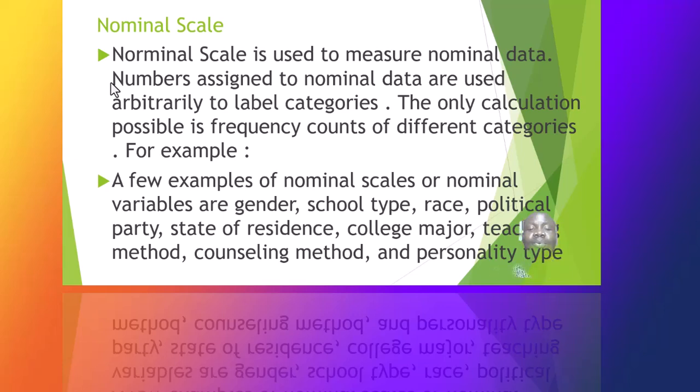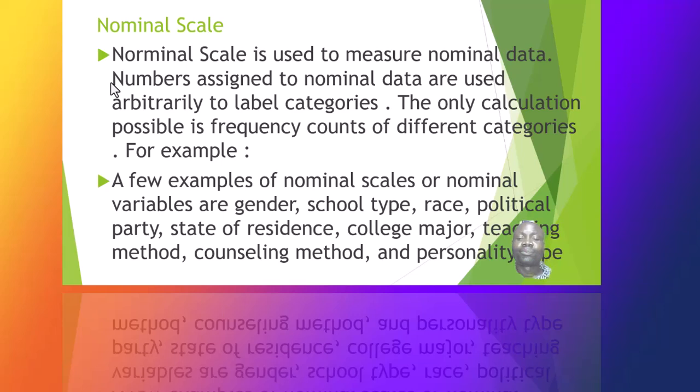For example, of nominal scales, these variables now. Variables like gender, school type, race, political party, state of residence, college major. What did you study? Are you a chemistry major? Are you a physics major? Teaching method, counseling method, personality type. All these are